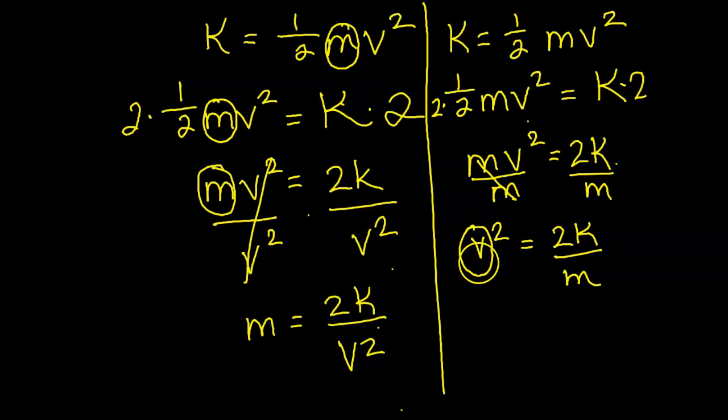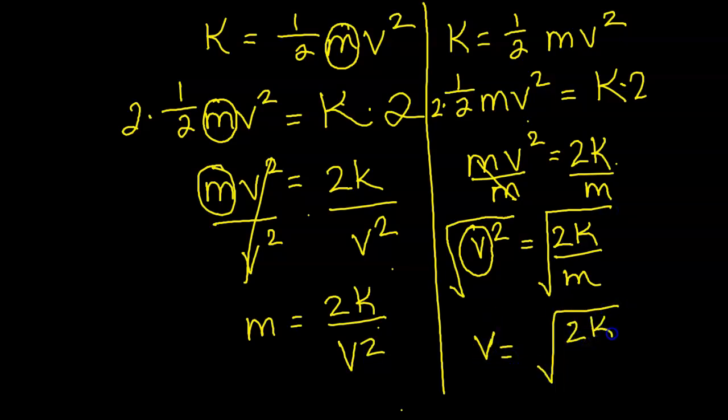Okay, because v is squared, I actually want to do the inverse operation. So instead of squaring, I'm going to take the square root. The square root of v squared is just v. Now whatever I do to one side of the equation, I have to do to the other. So when I do that, at this point, we would end up with v is equal to the square root of 2 times k divided by m. Okay, so that was an example using kinetic energy. All right, let's go